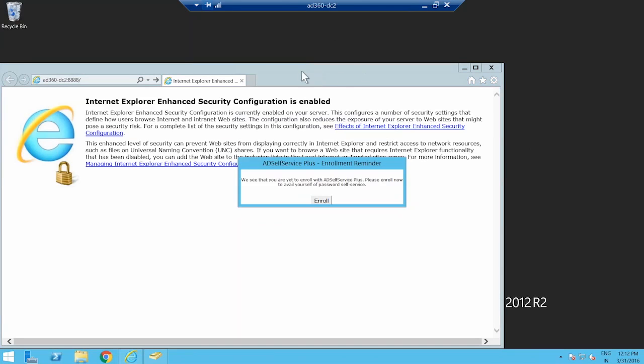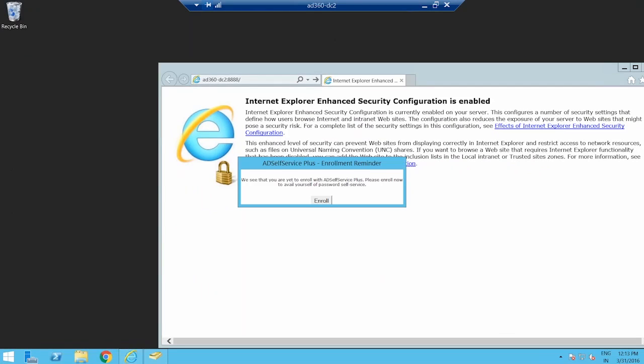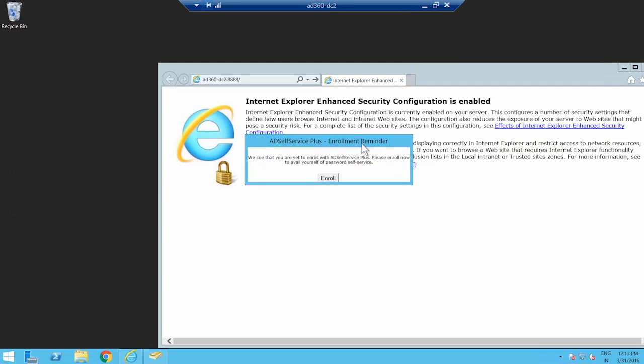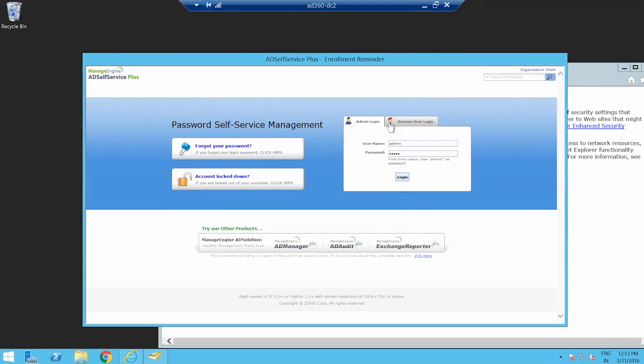Even if I try to use the other monitors, other desktop, I cannot do it. I just need to enroll, and there is no close button for this notification because we are forcing the user to enroll. So now I'm clicking on enroll and I'll be taken to the AD Self-Service Plus product,